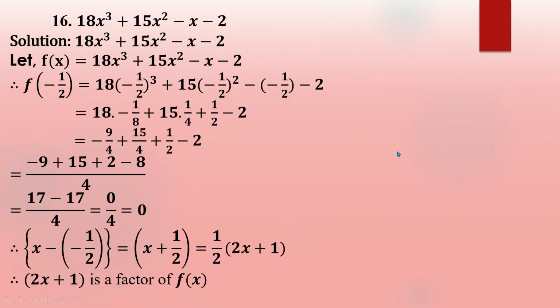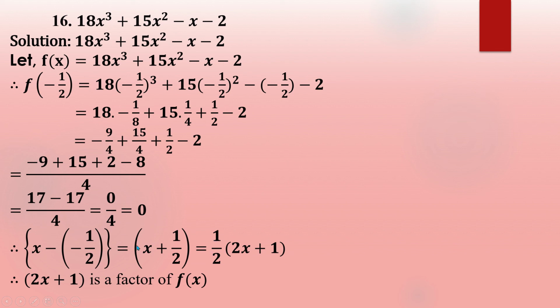Another 16 number math. This is the given condition. As the leading coefficient is not 1, so 2 divided by 18, here the factor will be plus half or minus half, plus 1 or minus 1, and like the others. So we can put here minus half or plus half. As a result, after putting minus half, this makes 0. So x minus minus half is a factor of f of x.